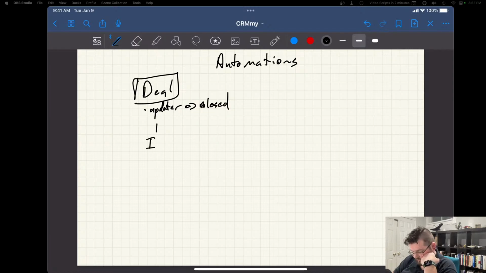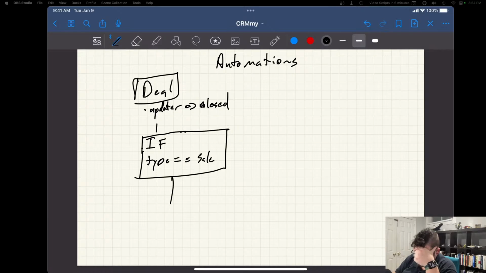So I might go if, and we'll do something like if type equals, I don't know, sale, something. So if it's no, we're just going to end. If it's yes, then we want to, I don't know, maybe we'll say,